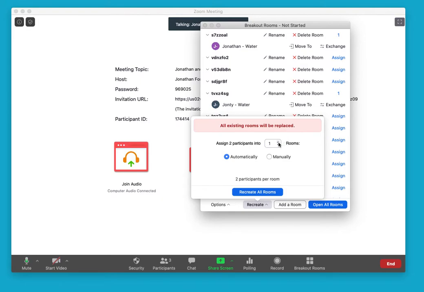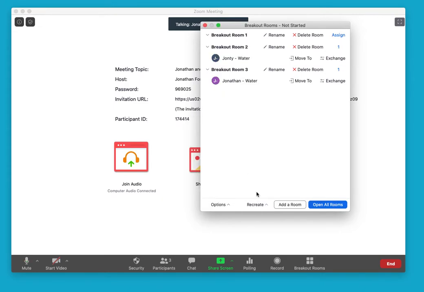So let's say I want now 3 rooms, and to divide all of my people, so say I've got 30 people in the session, it will create 3 rooms with 10 people in each randomly, and automatically, straight away, it will assign them to those rooms. So make sure you don't choose manually here, choose automatically, and look what happens. Recreate all rooms, so all my existing rooms disappear. It creates 3 completely new rooms with the default names of breakout room 1, breakout room 2, breakout room 3,